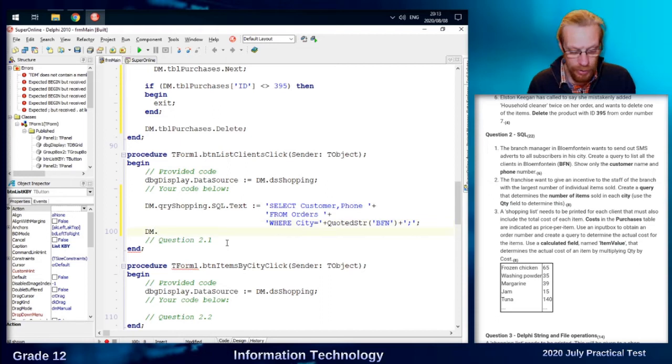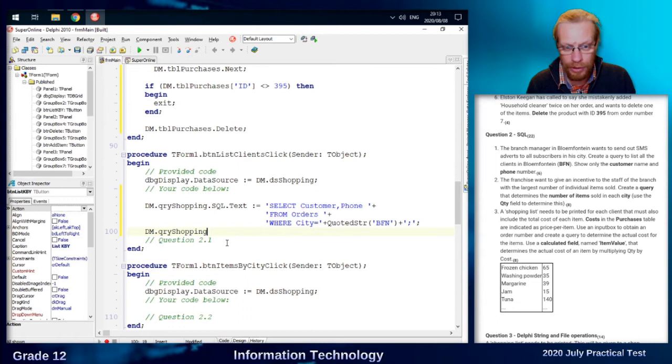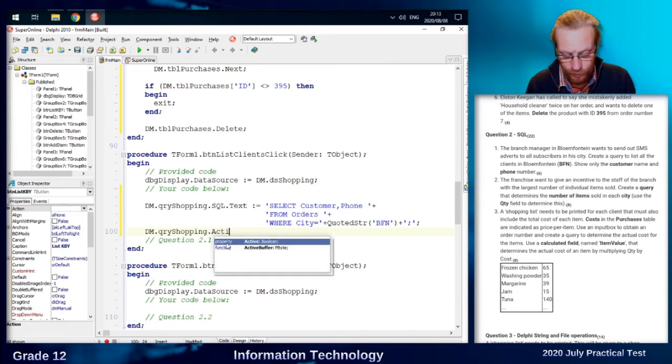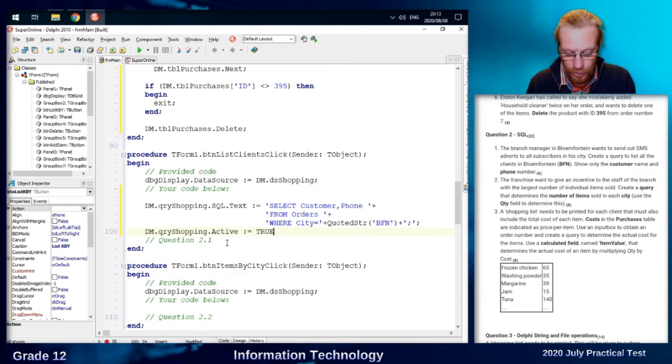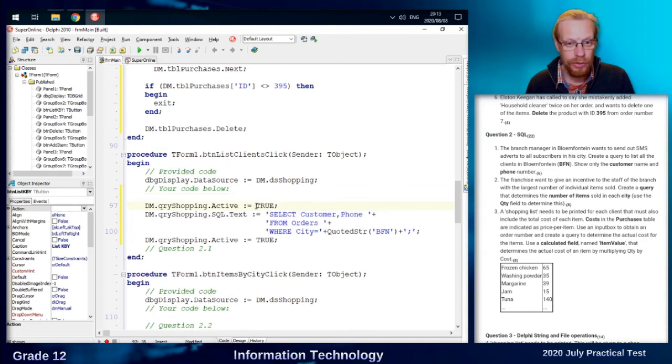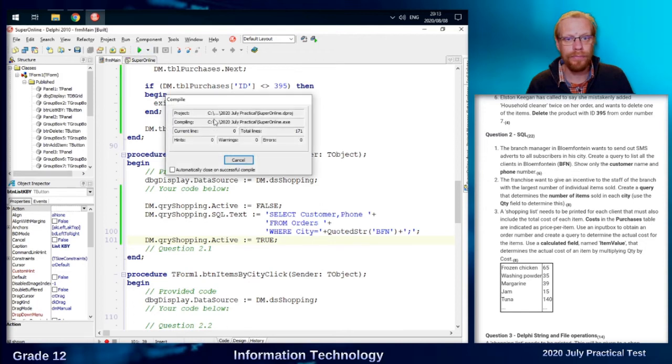Then dm.query shopping.active is true. Just for safety's sake, it's also a good idea before we start to set active to false. Right, let's see, save, run,